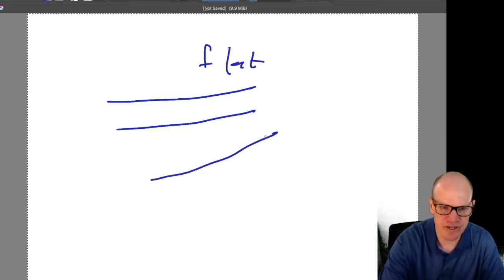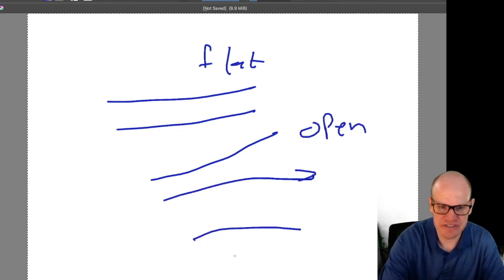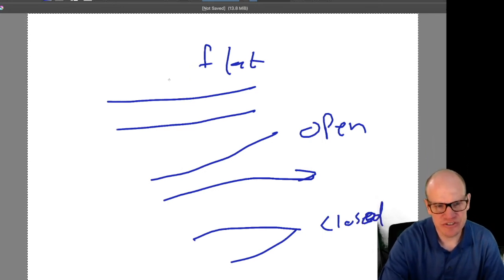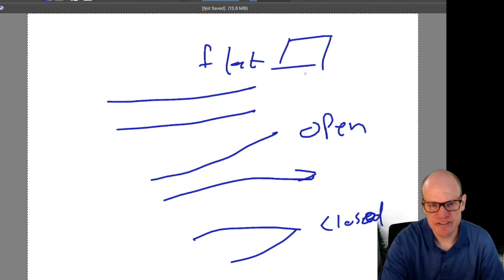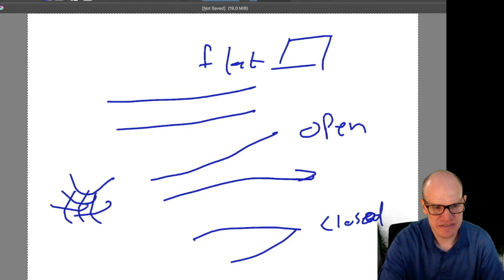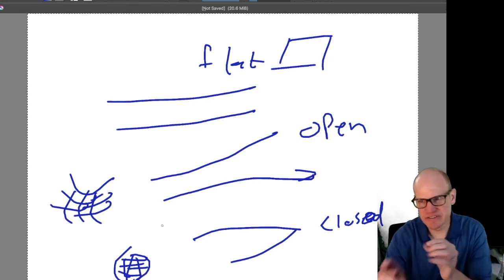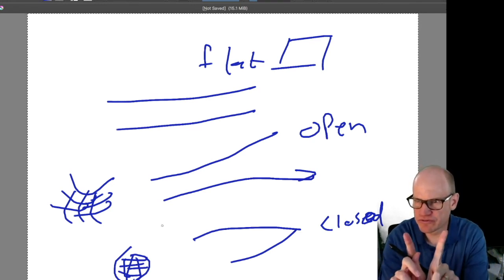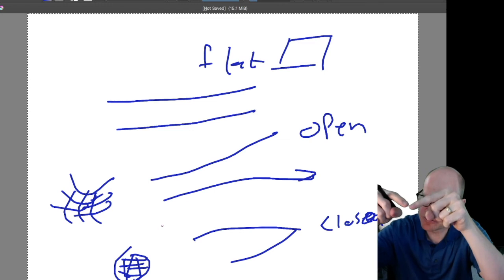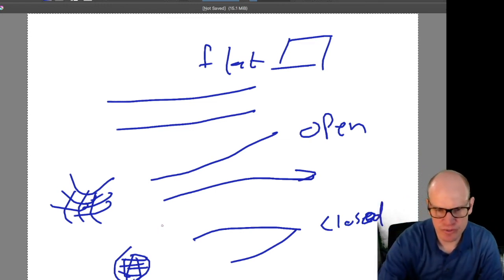If these 2 light rays spread apart from each other, then you call it open. And if the 2 light rays eventually come together, you would call it closed. An example of a flat universe is a sheet of paper. An example of an open universe is like a saddle, something like this. And a closed universe would be like a sphere, where if you start at the South Pole and you move directly north in 2 different directions, eventually those 2 lines intersect each other again at the North Pole.